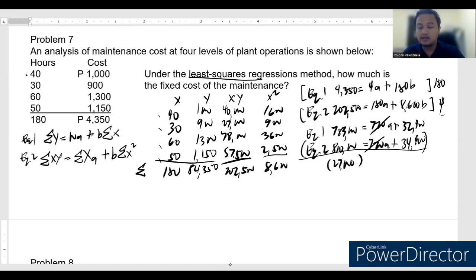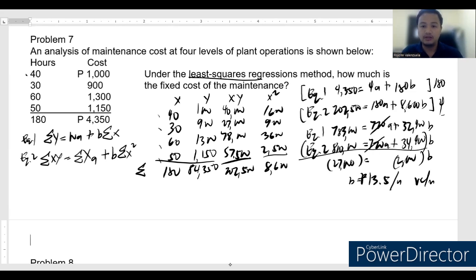Yung a natin makakancel. So, matitira na ngayon negative 32,400 minus 34,400, 2,000 B. Therefore, B is equal to 27,000 divide 2,000, parehas naman silang negative, so magiging positive 13.5 per unit. So this is your variable cost per unit. Okay? Ayan. So therefore,